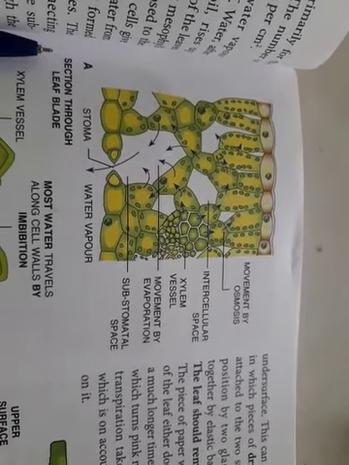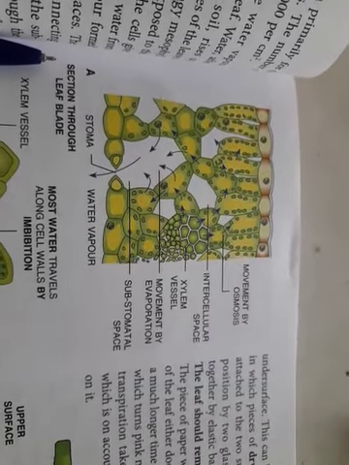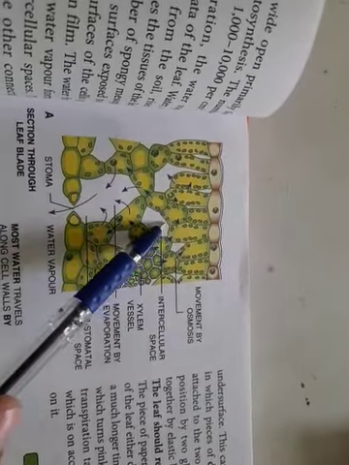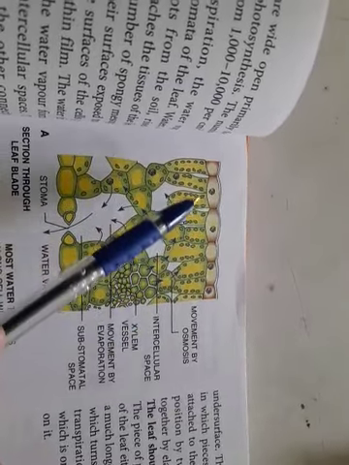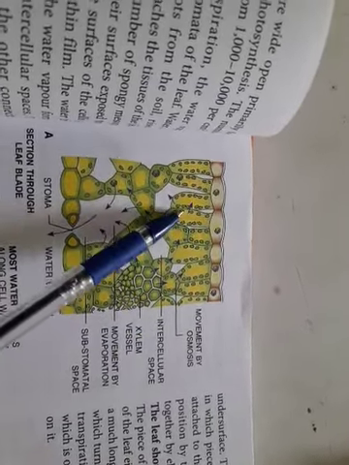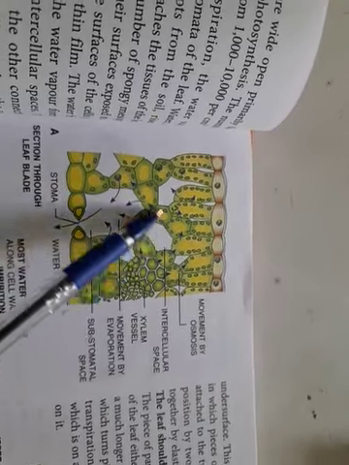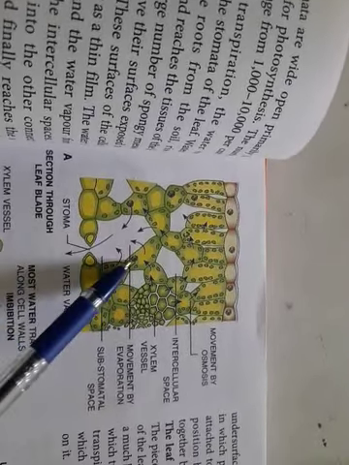So this turgor pressure will exert water out of the cell wall into the air space between the cells. So because of the turgor pressure, what will happen? Here, because of the turgor pressure, water will be exerted out of the cells and it will be getting filled up in these intercellular spaces. Here also, in the intercellular spaces, the water will evaporate and then diffuse through the air spaces and then move through to the substomatal space.